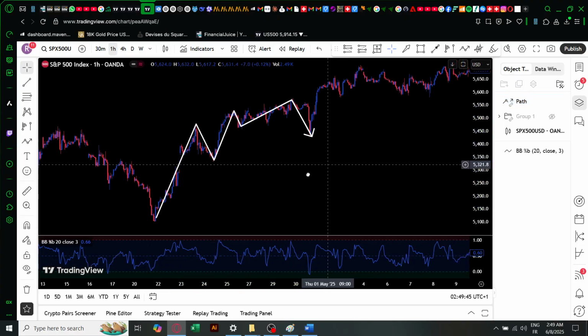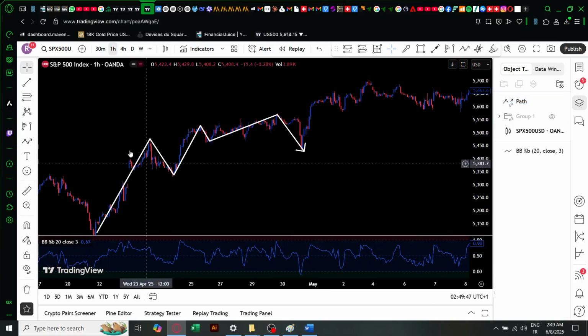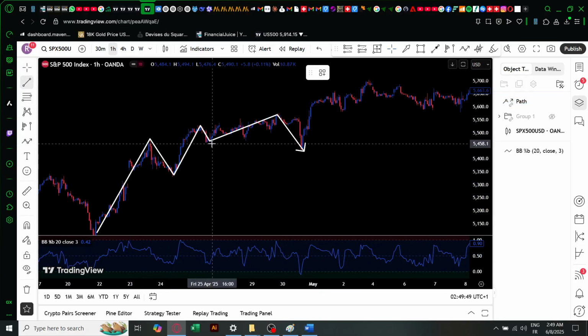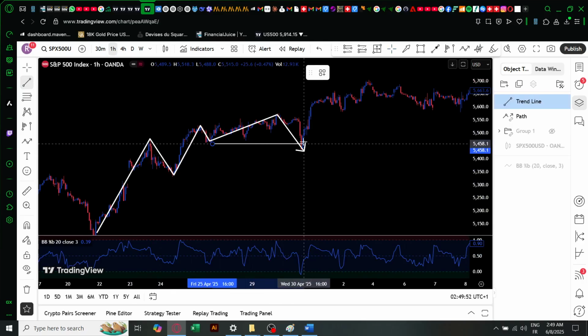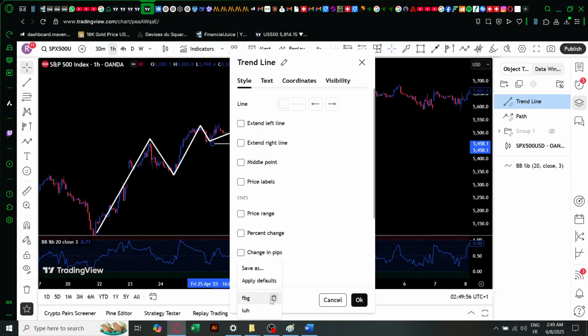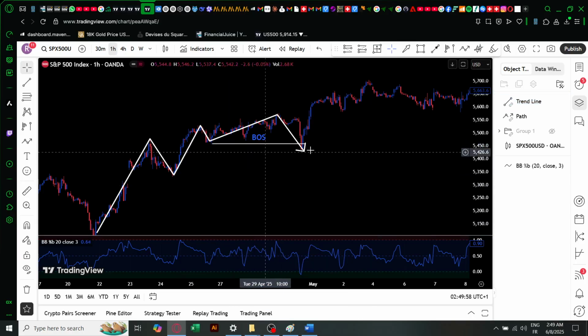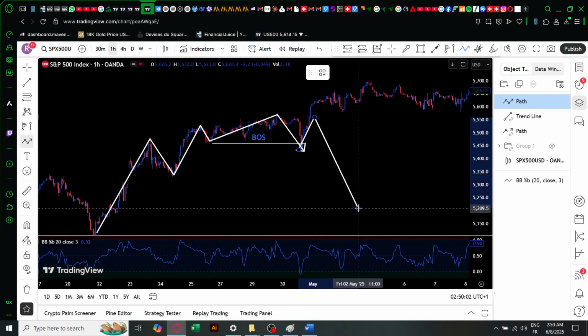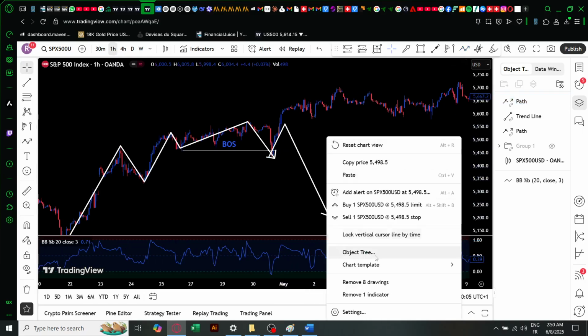Okay, let's stop over here. So some people, they say, you see this over here? They say, okay, there is a break of structure. So price will retest over here and then come down, and this is not the case,